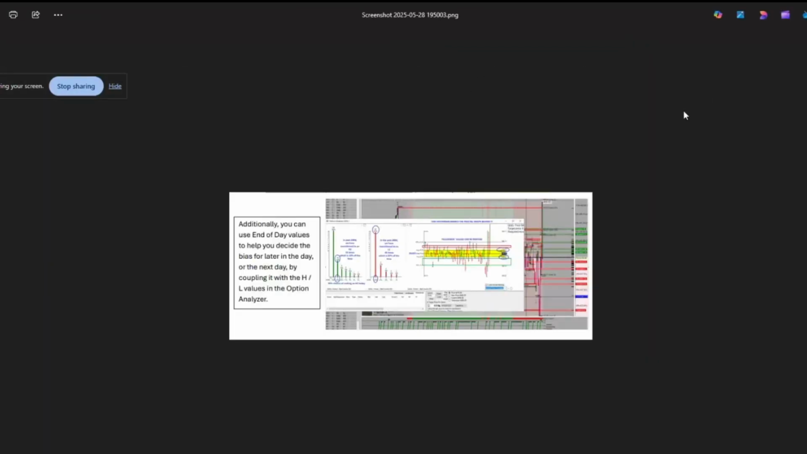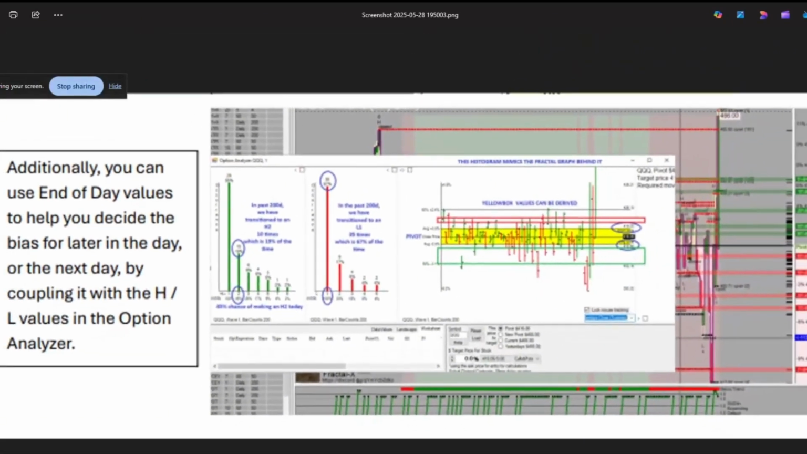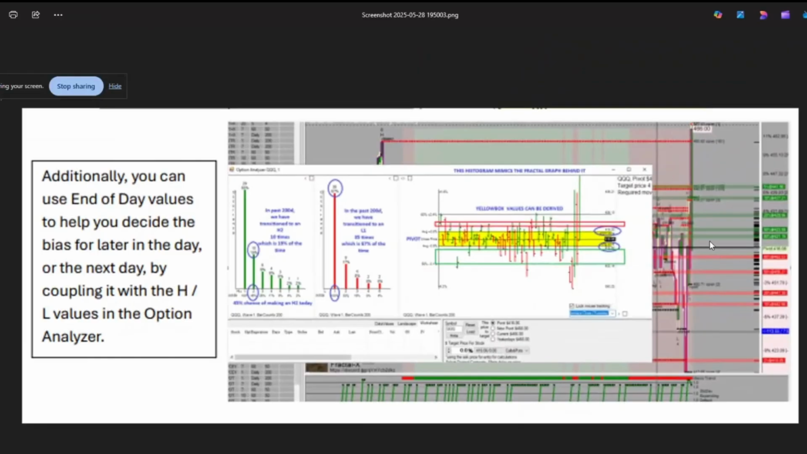And then the other thing we have in the sheet, and I'm sorry, this is blurry. It's not blurry in the document. You can use your end of day values to help you decide your bias for later in the day or the next day by coupling it with the high and low values in the option analyzer. And without getting into the whole yellow box and all of the odds and all of the data,